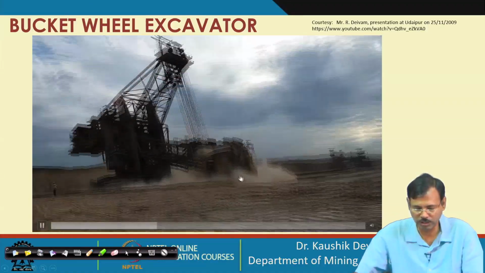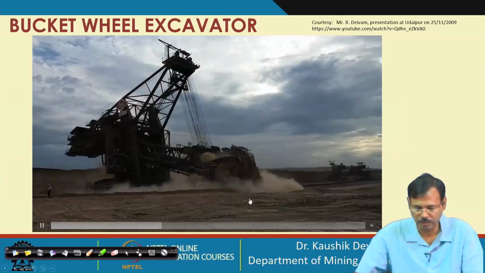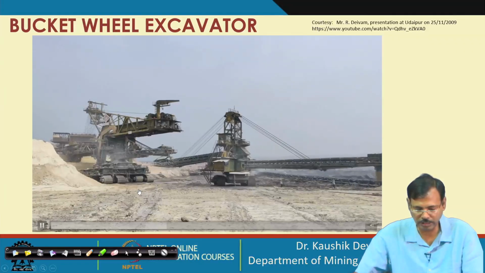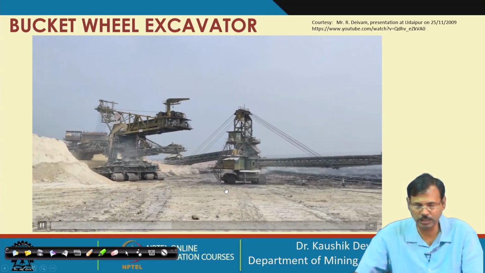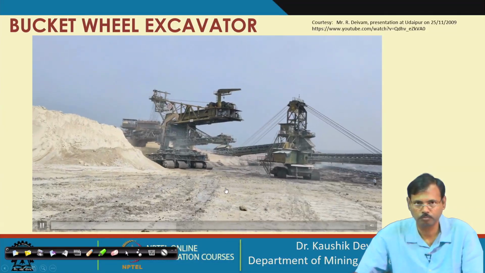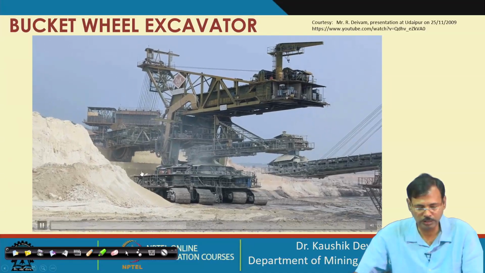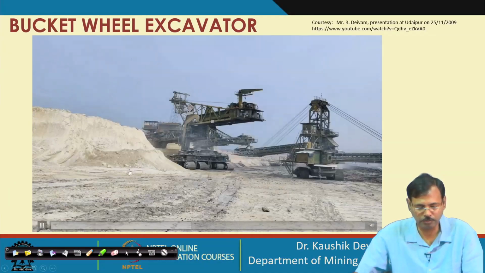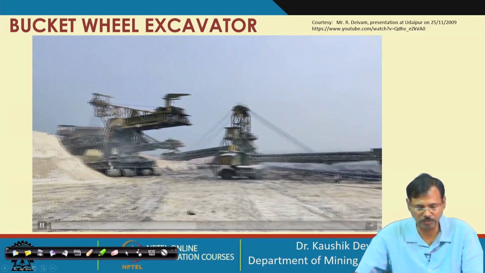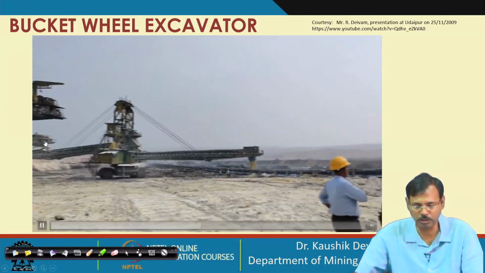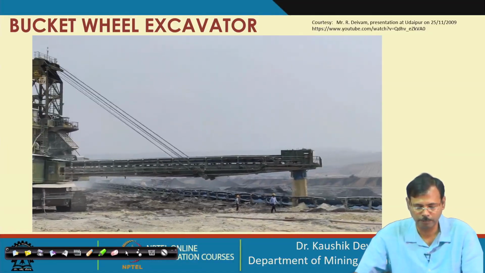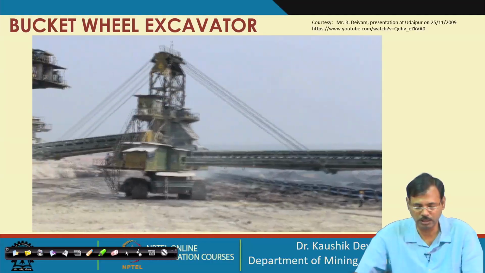Now you can see it is digging at a level lower than its standing level. So, it is basically digging, and you can see it is now operating in half block method. The front portion is left, the top block is now being excavated. We will discuss this method in the next class,